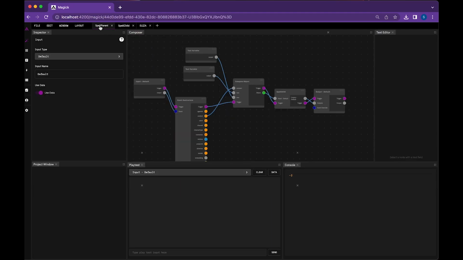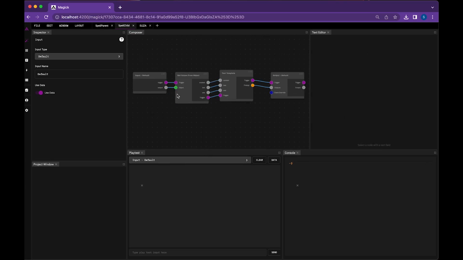Basically, the parent spell composes some data, passes it to the child spell, which breaks out the data, does something with it, and returns it, right? And this is a very powerful way to embed graphs within graphs. There's a couple of complex user experience things we have to think about here. The output that comes out of here is the default output. What if you wanted to make a subgraph that